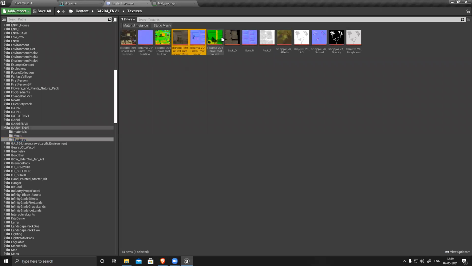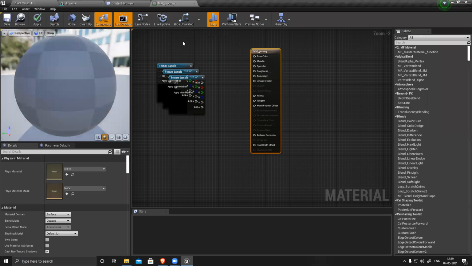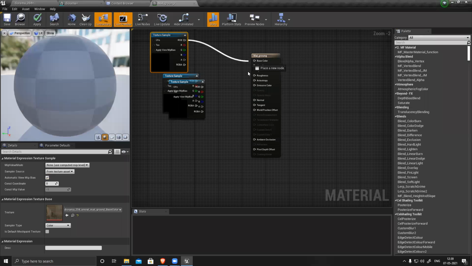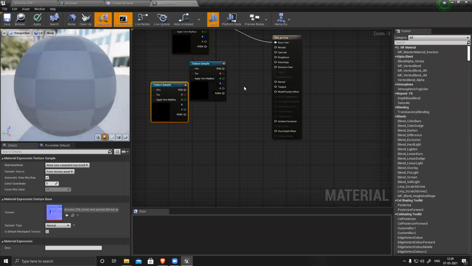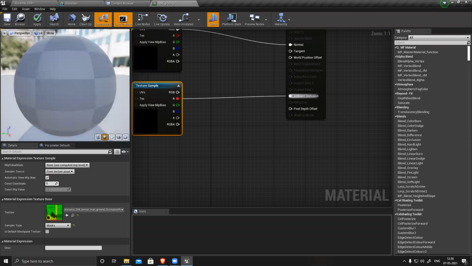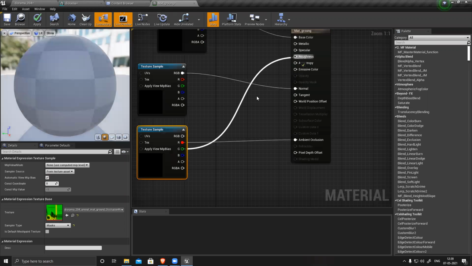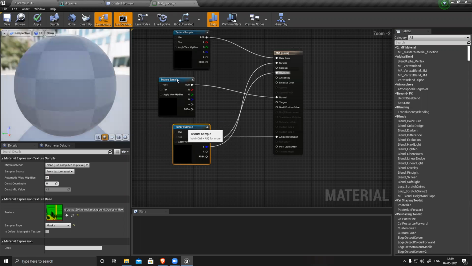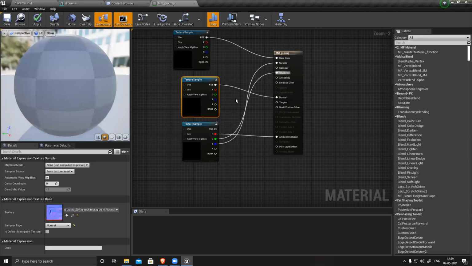Now these three: diffuse to diffuse, normal to normal, and now R is ambient occlusion, green is roughness, and blue is your metallic. Connected and done. Save.